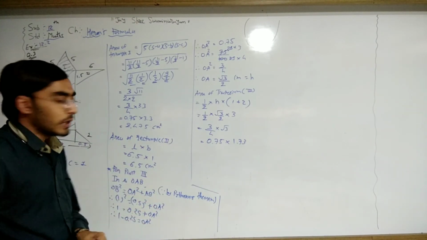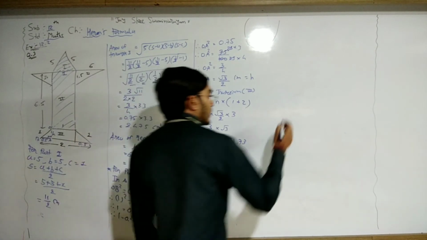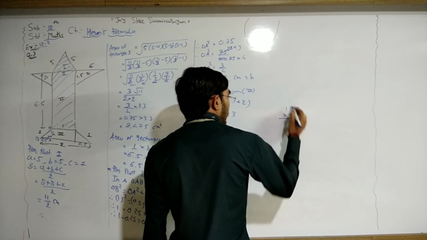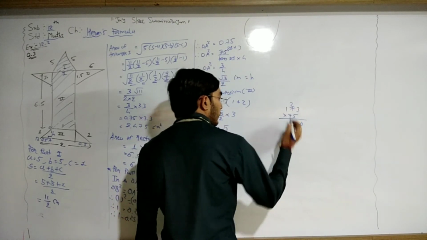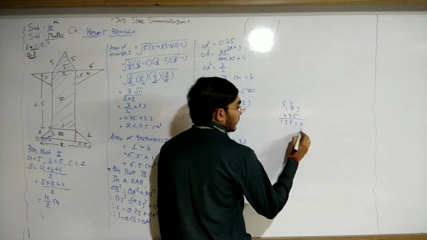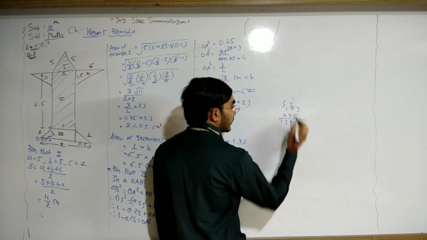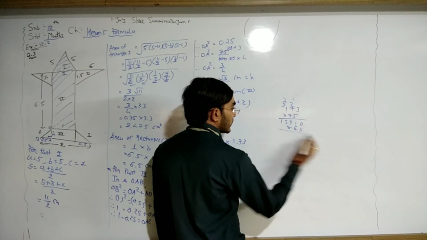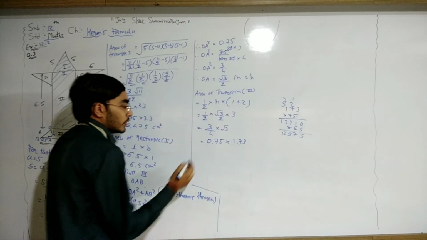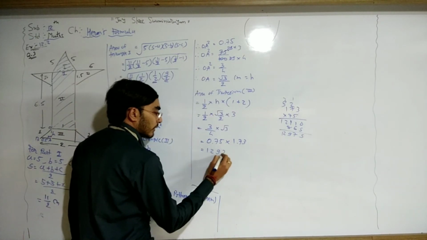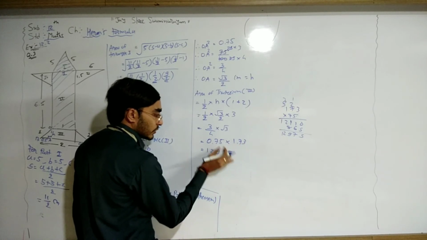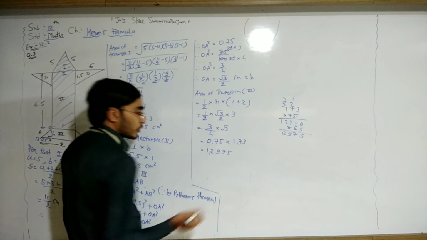So 0.75 multiplied by 1.73, so 173 into 75. 7 3s are 21, 49 plus 2 is 51, 7 and the 7 plus 5 is 12, 5 3s are 15, 7 5s are 35 plus 1 is 36, 5 and the 5 plus 3 is 8, 5 7 9 2 1. So here 12975. After the decimal point, there are 2 digits and 2 digits, so a total of 4 digits, so 1.2975.